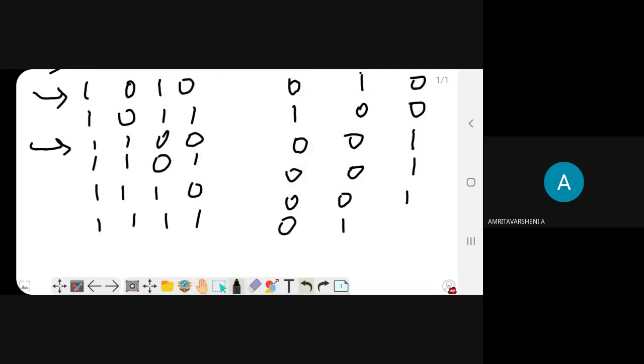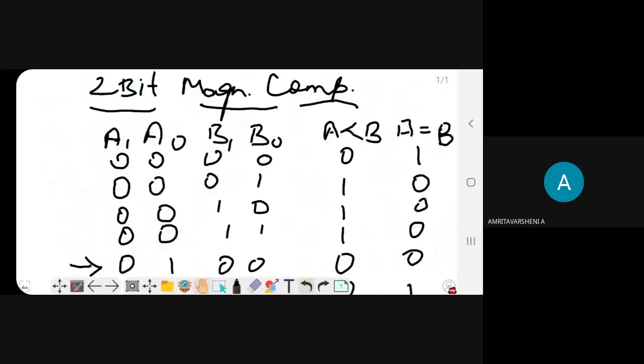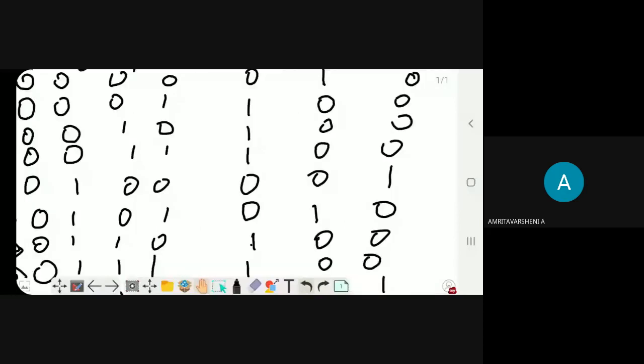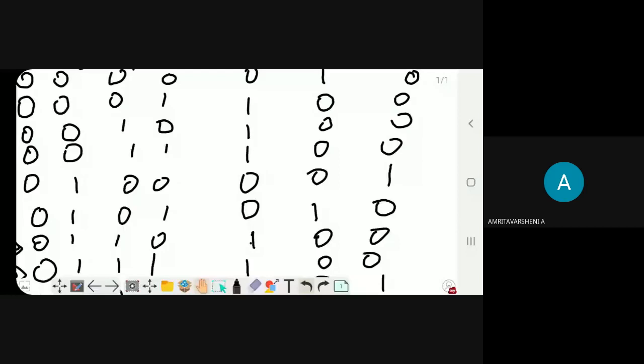Okay, so your first step is over. What is the second step? With the inputs A0, A1 and B0, B1, you will apply the values of the A is less than B column in the K map and get the equation.